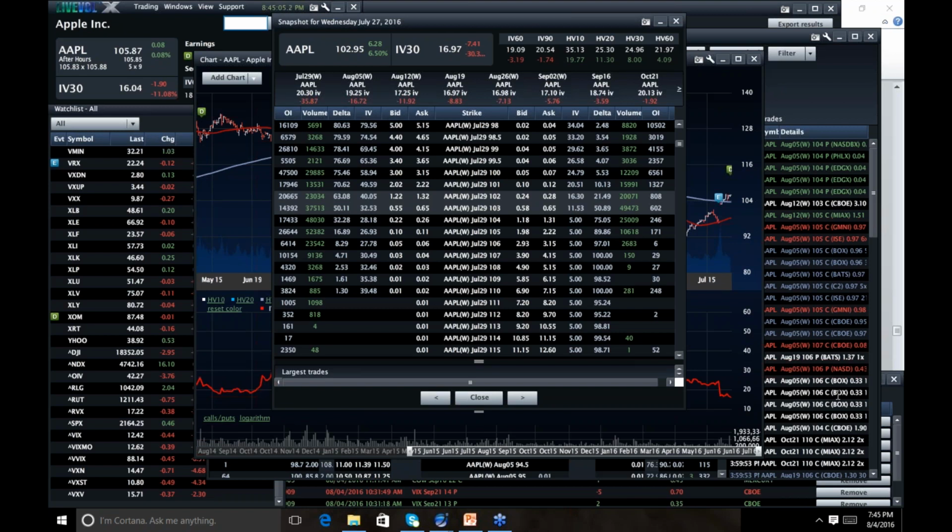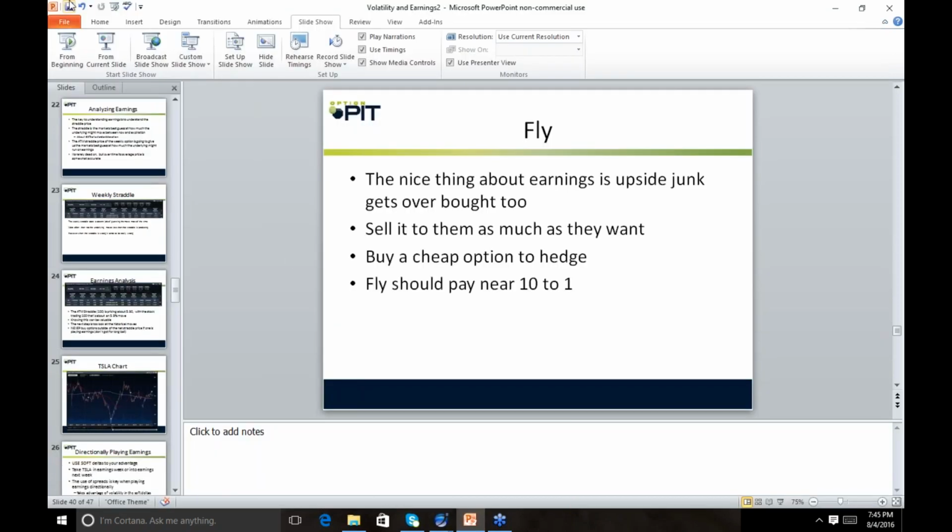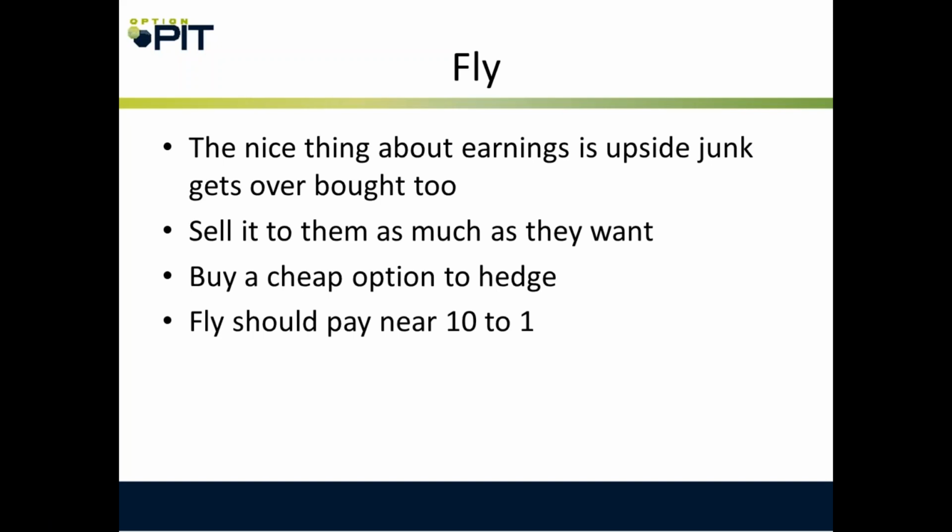I didn't really trade Tesla yesterday, to be honest. I didn't trade Priceline either. I do some earnings stuff, but those are two that I have such a personal hatred for Tesla that I can't trade it with a level head. And Priceline was just not one I played. And yes, I do use broken wings all the time. Apple I played long. Straight up bought calls, because the vol was too cheap. And we'll look at Alibaba here in a second.